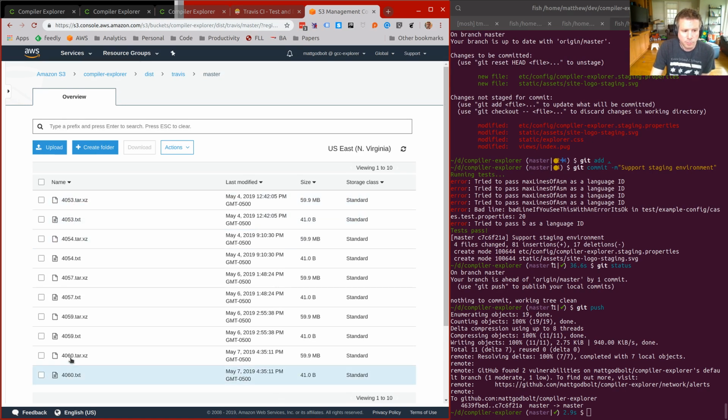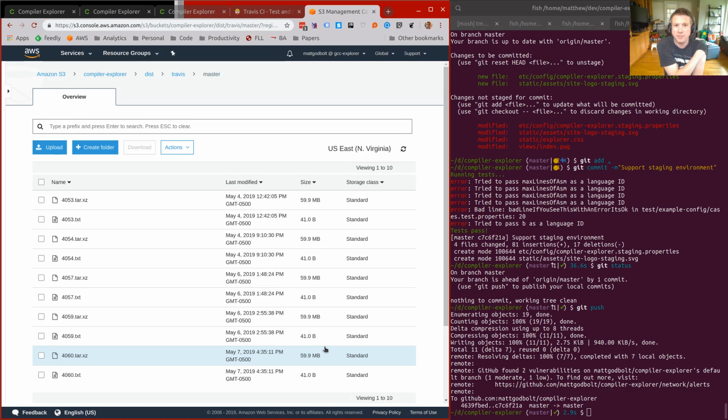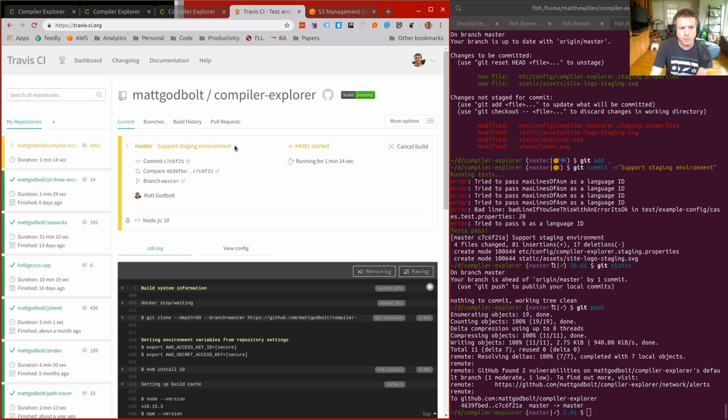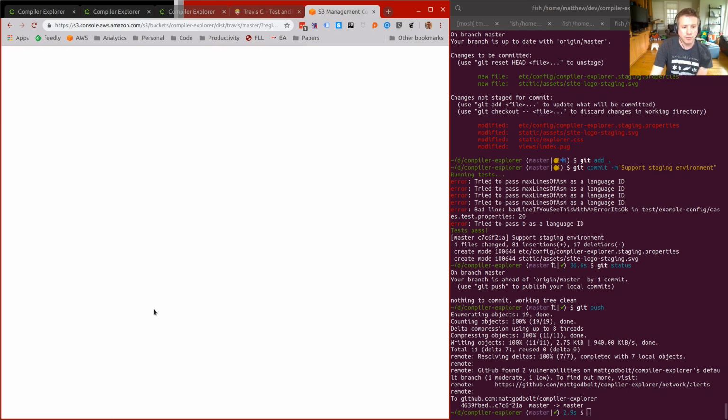And this is the tarball of everything, and it's terrifying that a bunch of JavaScript can be a 60 megabyte XZ compressed file, but it is what it is. I would like to reduce the number of dependencies, but we'll get there. So when this finishes, it'll deploy that 4061 to that directory.